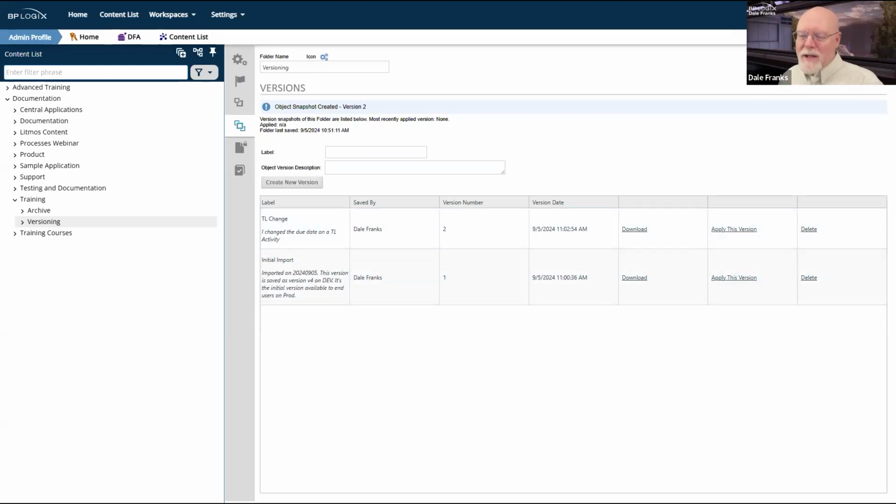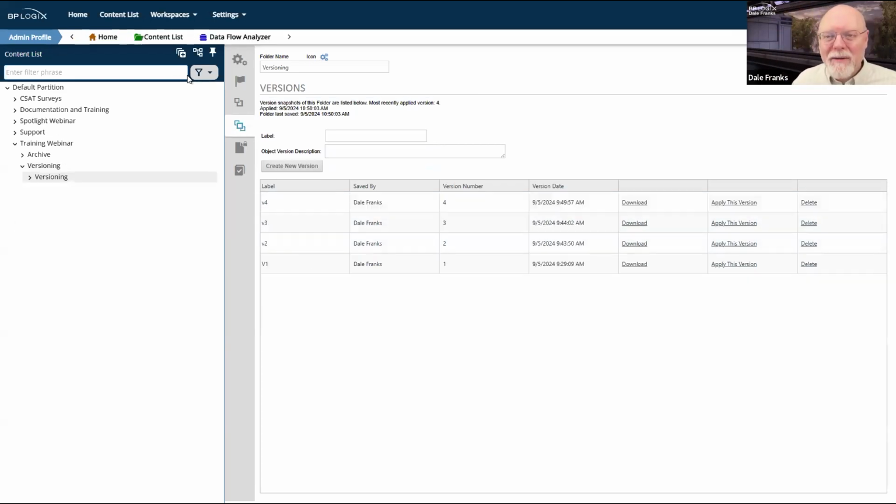This is worse than being stabbed, because there is an excellent chance that having made this change on production, you will not, in fact, note it, because you got an important email or you had to run off to a meeting and it kind of slipped your mind. There's no version here where I've changed the due date on that process timeline.